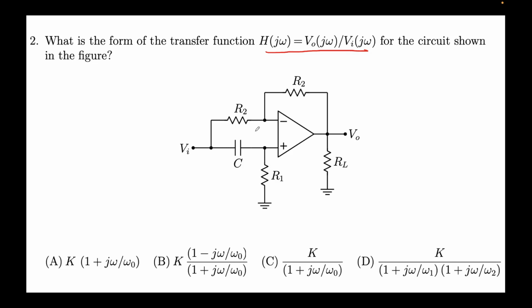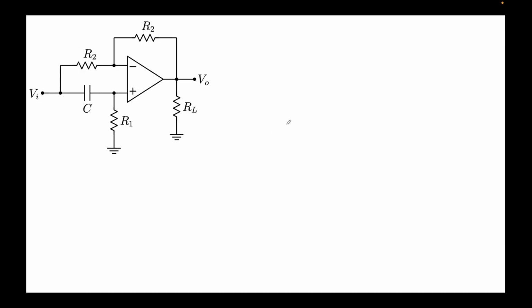You can see that this format looks a bit familiar, in the sense that this is a difference amplifier. All right. So what I'll try to do is solve this problem over here. So how do we do that? Again, I'll assume that the op-amp is ideal and there's a virtual short condition. So what I'll try to obtain first is this potential V plus, and this potential V minus will naturally be equal to V plus. So as a first step,